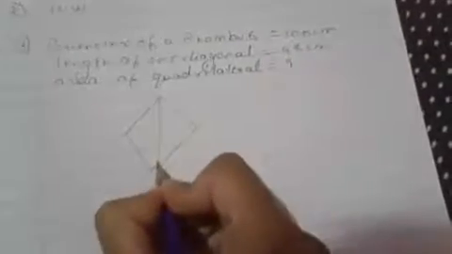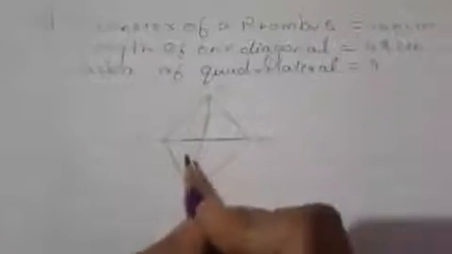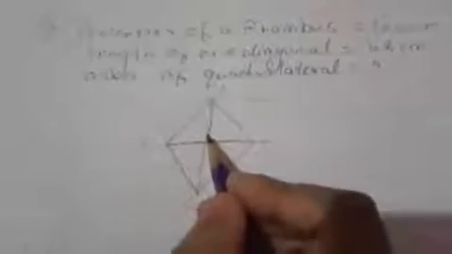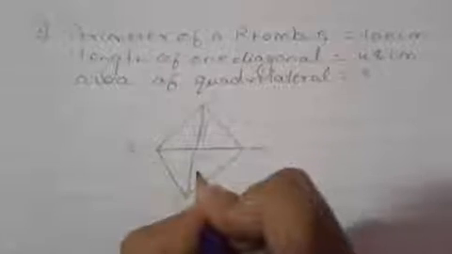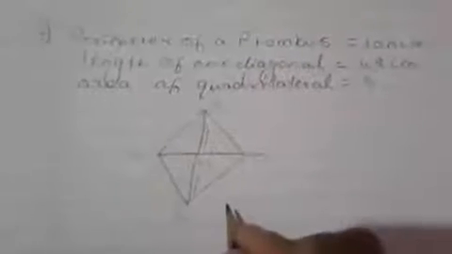Okay, students. So now we will draw the quadrilateral. How does it look? The rhombus looks like this. First, we will draw its diagonals too. We will name it as A, B, D, C. So this is a rhombus. Now they are giving us the length of one diagonal. AC and BD are the diagonals. So any one of the lengths is 48 centimeter, and we will mark it as 48 centimeter.